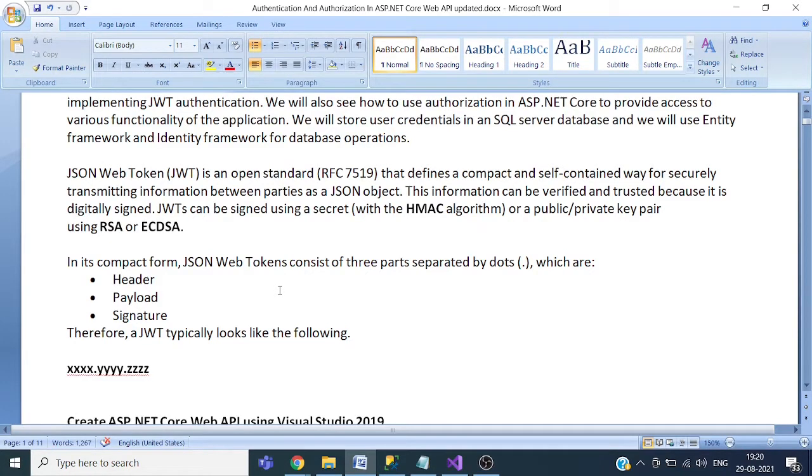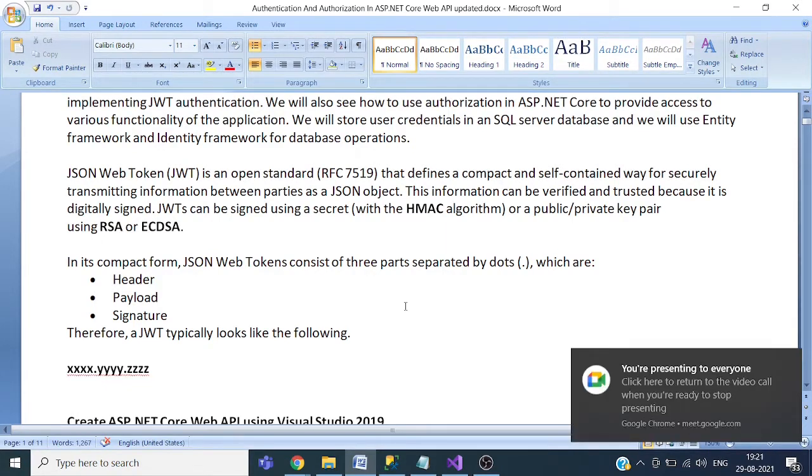So the server will generate the token first and return it to the client. The client will store that token at their end, and when the client wants to access some method or some resource of the API, the client will send that token again.